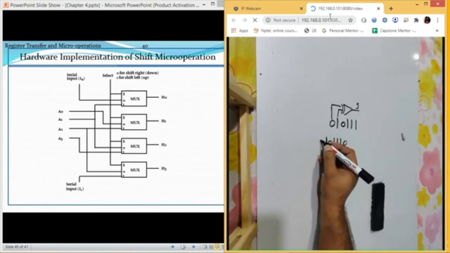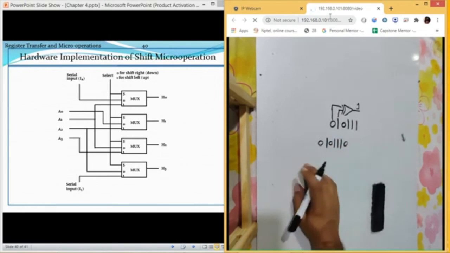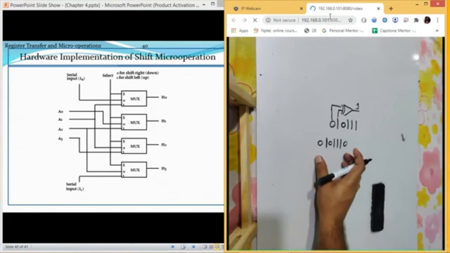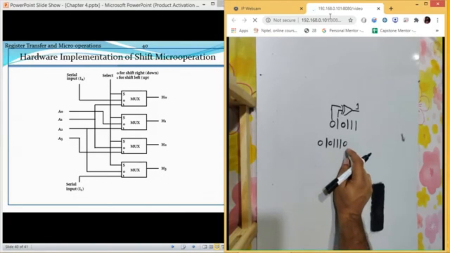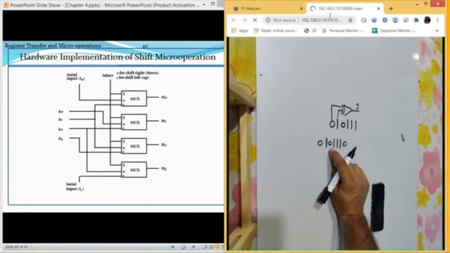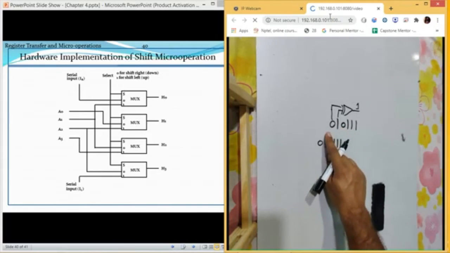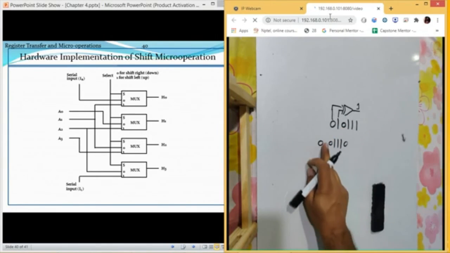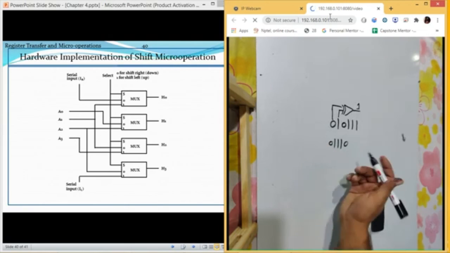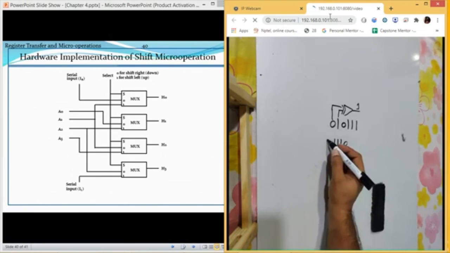If we add the sign bit at the end, this will be the resultant. Now you can see 1, 2, 3, 4, 5, 6. Earlier the number of bits was 5, now the number of bits is 6. So this is not possible. So simply we are going to have this value. It will be 1.